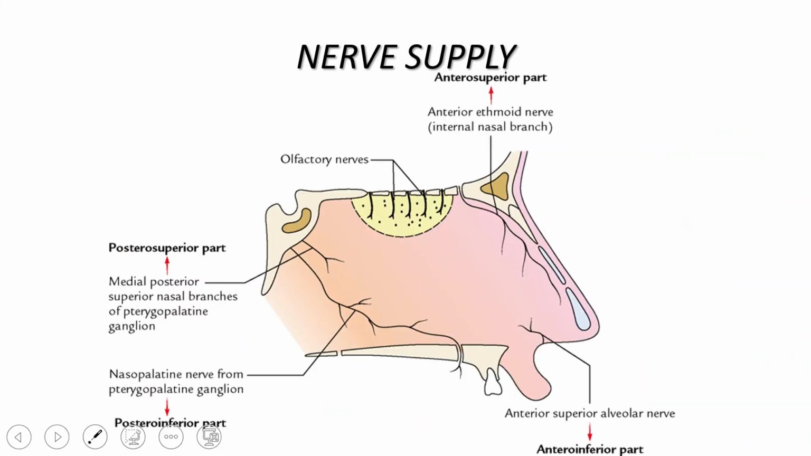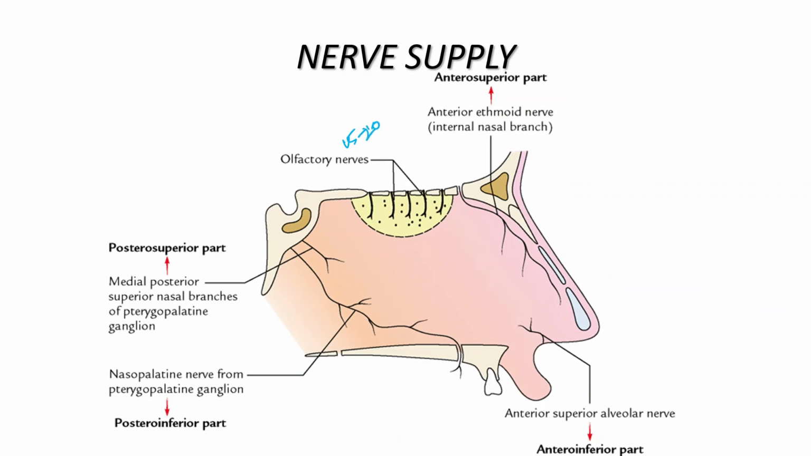Moving on to the nerve supply of the nasal septum. There is an olfactory zone along the roof of the nasal septum, which is supplied by the bundle of olfactory nerves. There are around 15 to 20 olfactory nerves